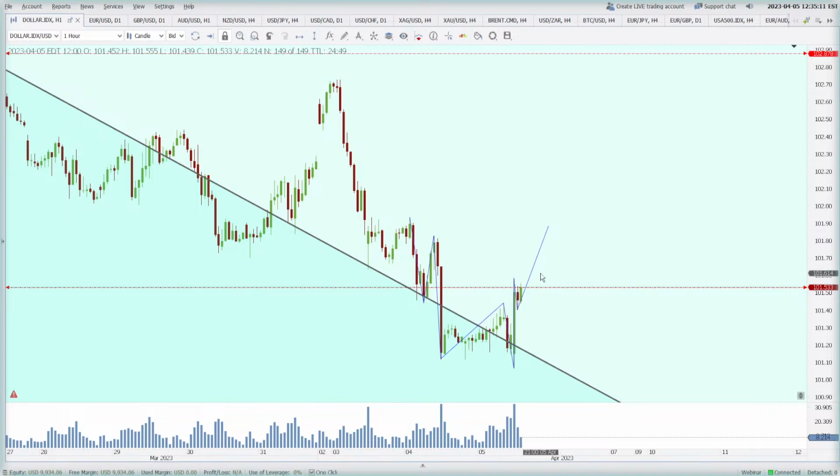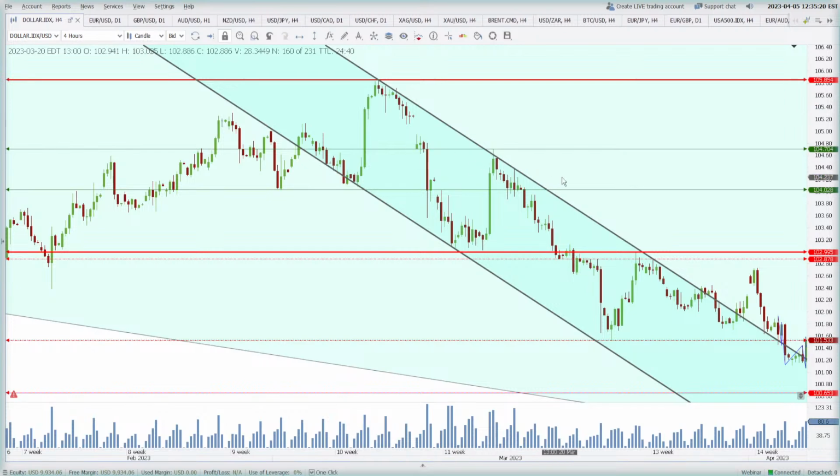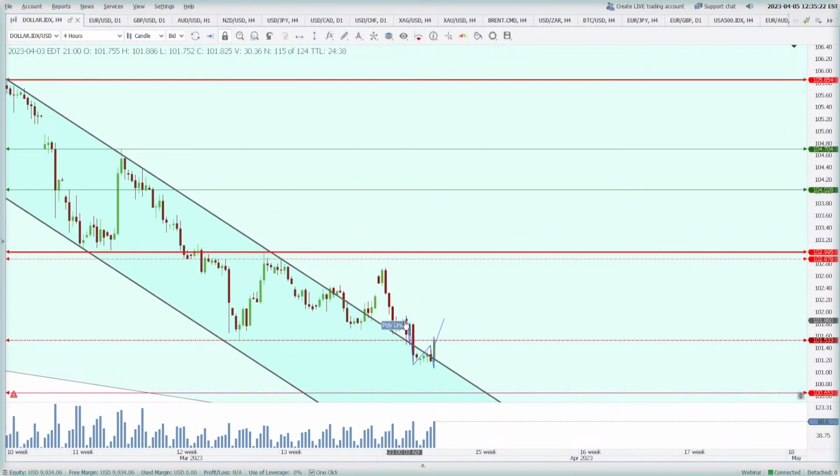Because this is the US dollar index, on the higher side we have resistance around 102.87, and this is the hourly. But I think we should be checking on the 4-hourly. On the 4-hourly, we have this as the swing high. So I'm just removing everything here, and I'm also making a clone out of it and putting it at this swing high. This is a valid swing high. 101.93 is the resistance on the upside.